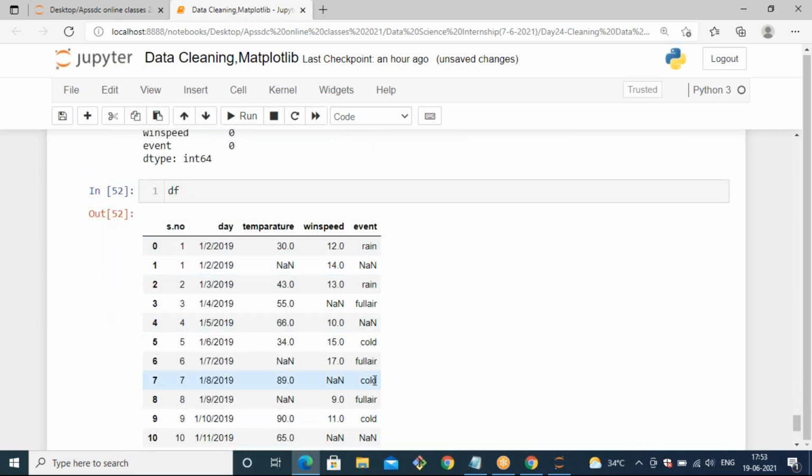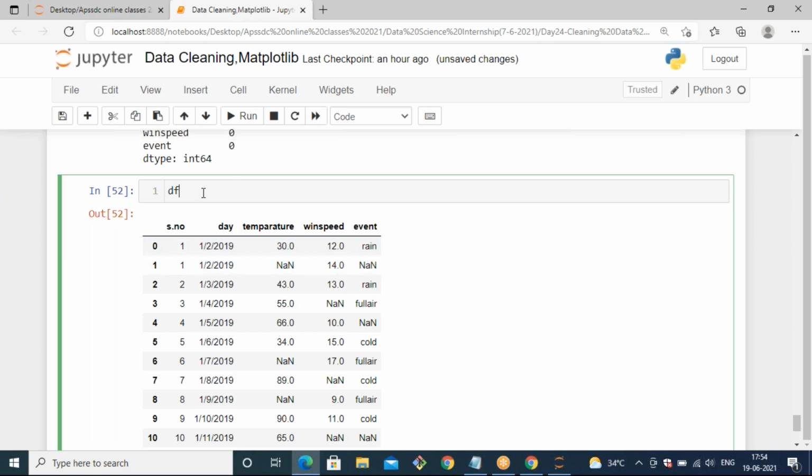Instead of removing them, I just want to use them, because removing a single none value removes the entire row and we lose some data. To overcome that, we fill the none value with some other value. For that, we have the method fillna.